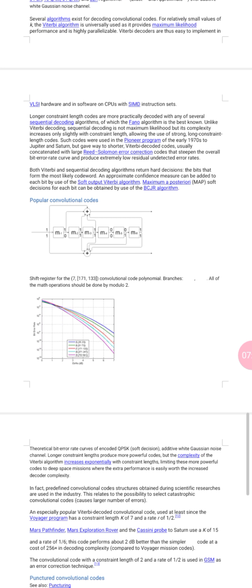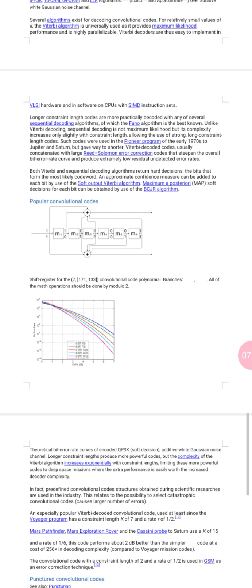Longer constraint length codes are more practically decoded with any of several sequential decoding algorithms, of which the Fano algorithm is the best known. Unlike Viterbi decoding, sequential decoding is not maximum likelihood, but its complexity increases only slightly with constraint length, allowing the use of strong long constraint length codes.